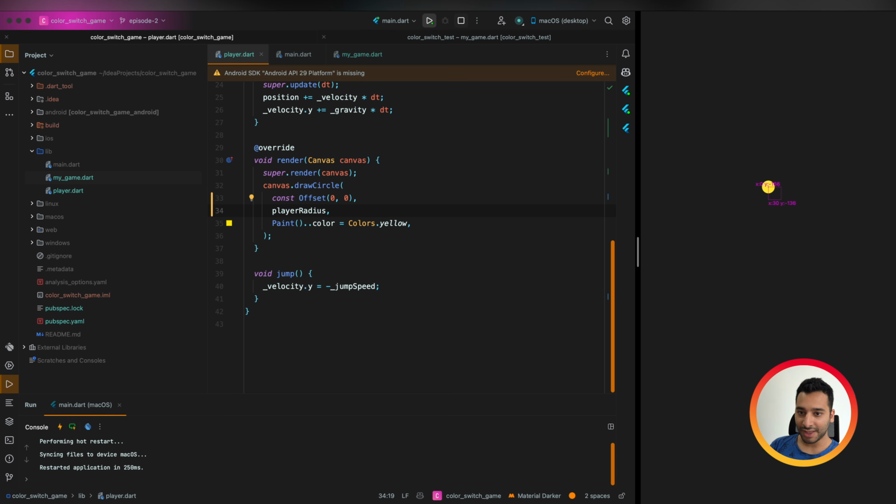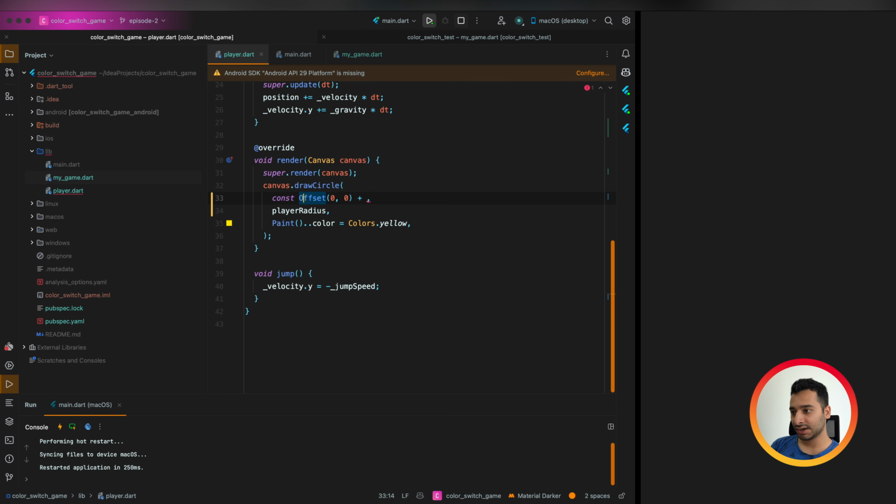Okay, so now we have our circle, which is drawing in an incorrect area. We need to draw it inside the box, the rectangle. So to do that, we need to add an offset, which is half of the size.